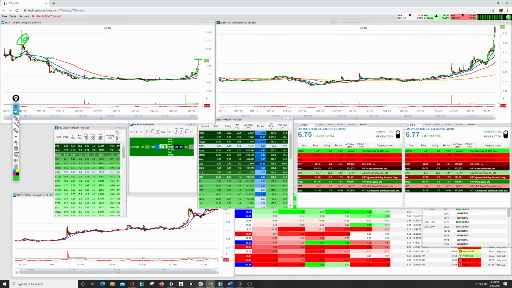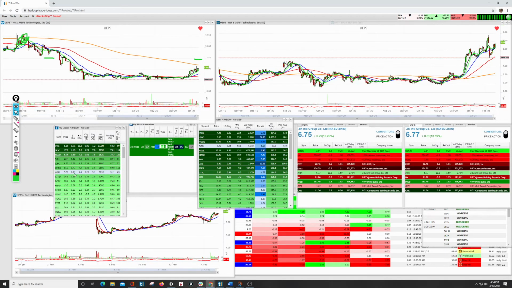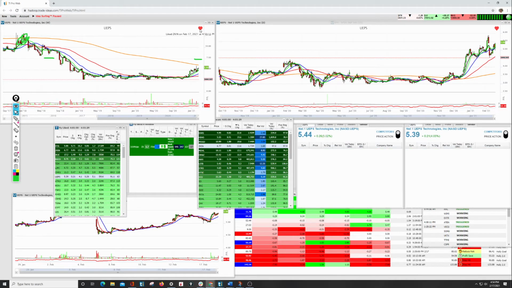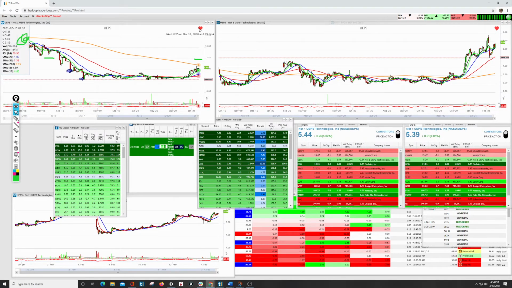You can click. I can click on any one of these and see when I like that symbol. So, for example, I just take UEPS. I clicked on that, and I can look that I like that symbol on New Year's Eve at 8:30 in the morning on New Year's Eve. So, and then I can go back and I can look on a daily chart here back to New Year's Eve,